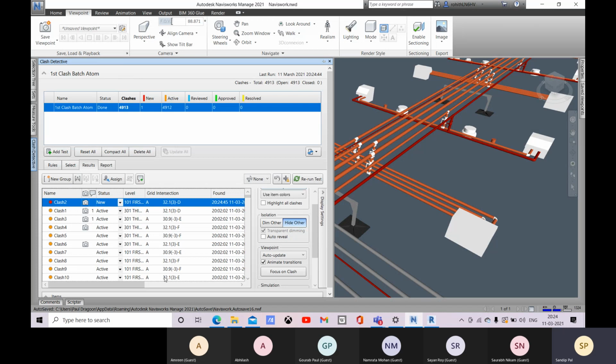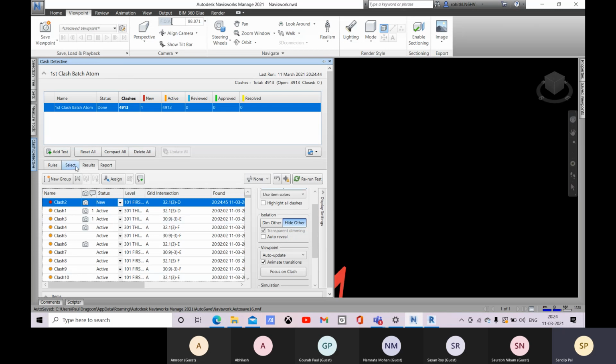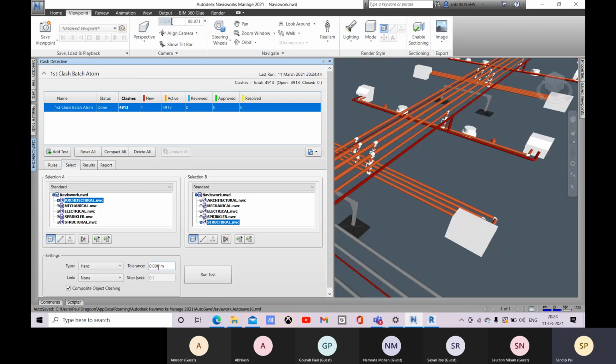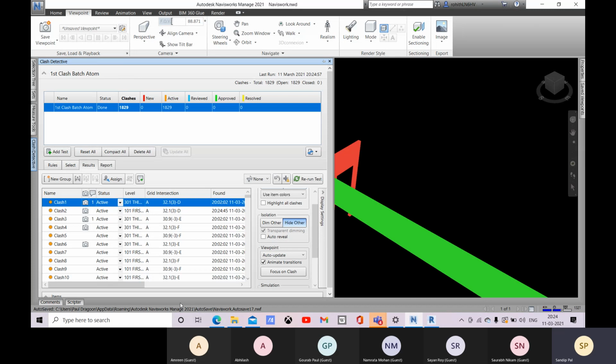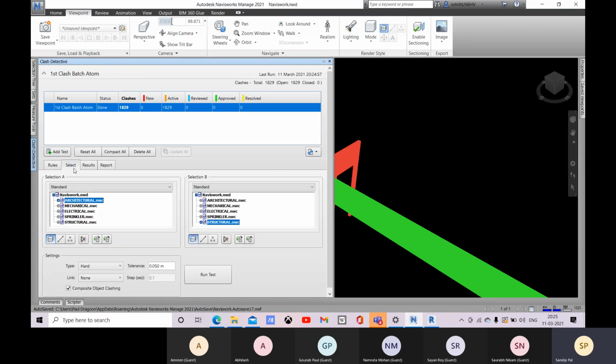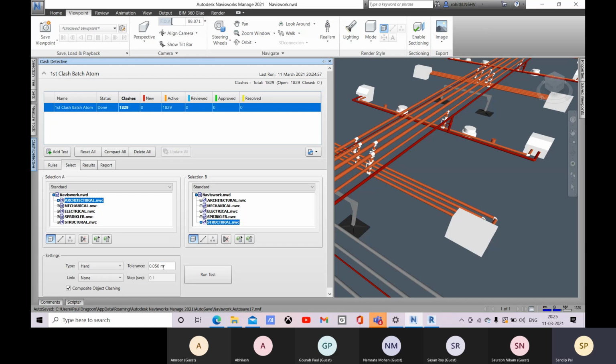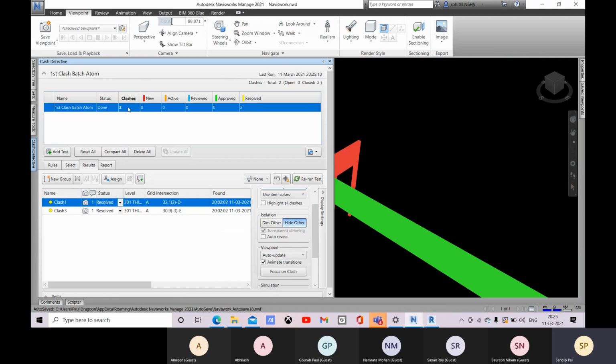Just enter over there. Okay, and again come to this, so make sure 0.05 is there. So you have to go for this run test, and here you can see that with that 0.05 we have this much of classes. So let me go for this to 0.5, and let me go for this run test, and here you can see that we have these classes.